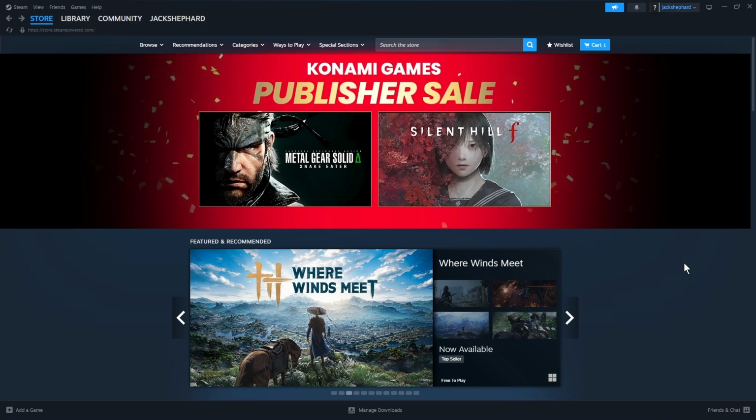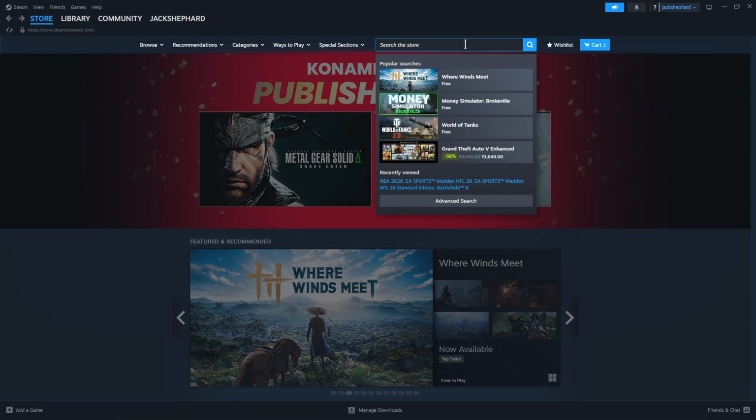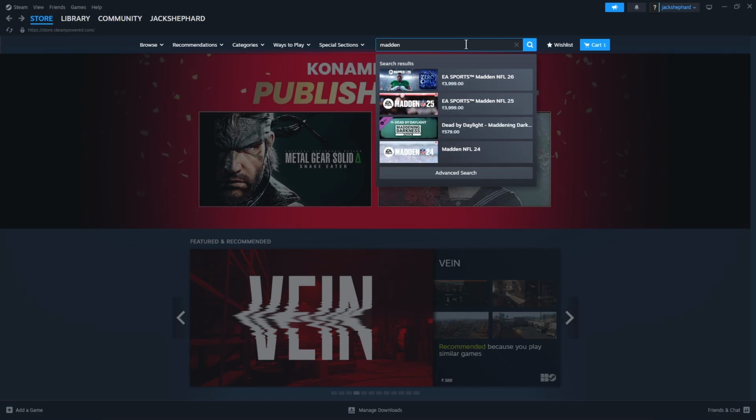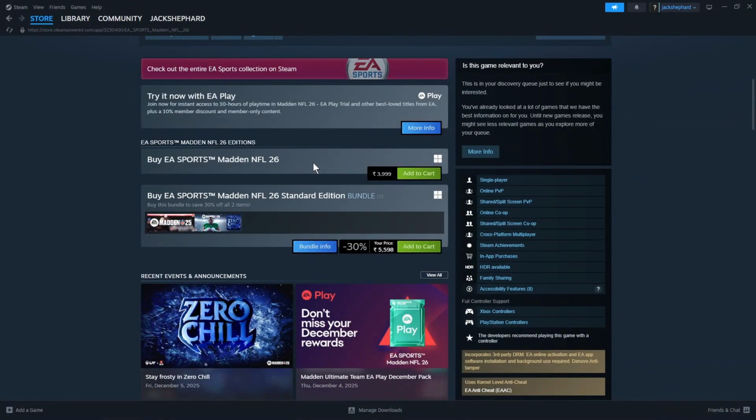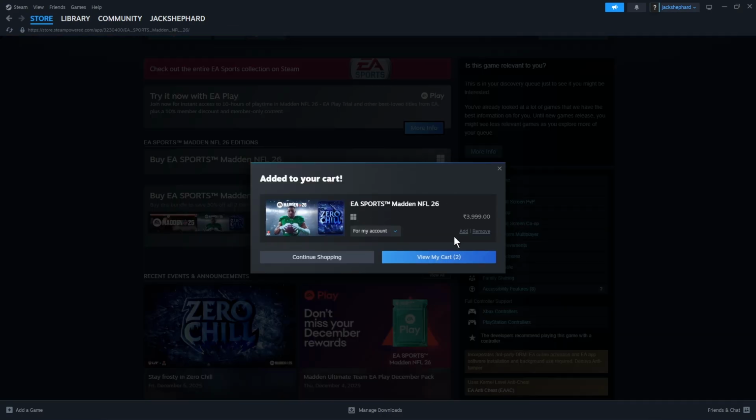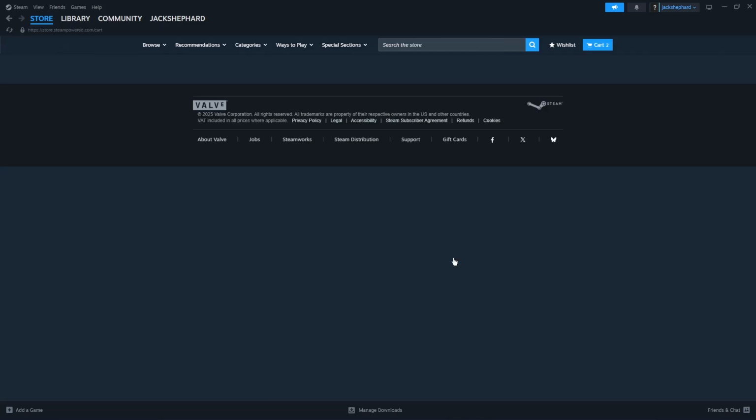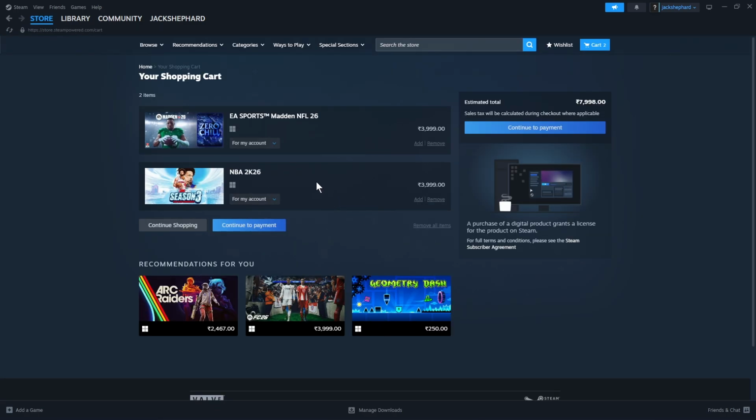In Steam the process is kinda similar. Just go to the search bar, type here Madden 26, select the game, scroll and you're gonna see the option, this one, buy EA Sports Madden NFL 26. Click on add to cart, click on this option view my cart, and since we wanna purchase Madden NFL 26